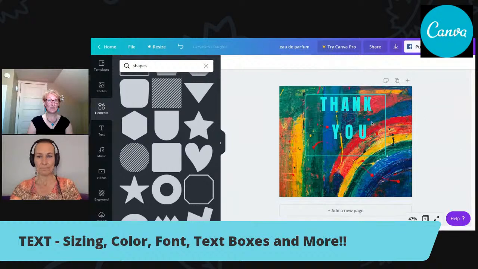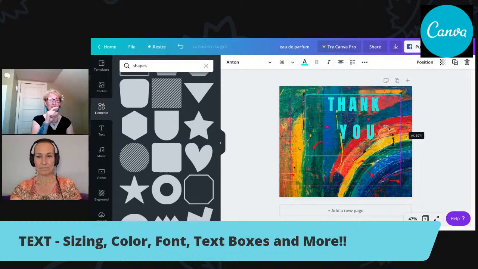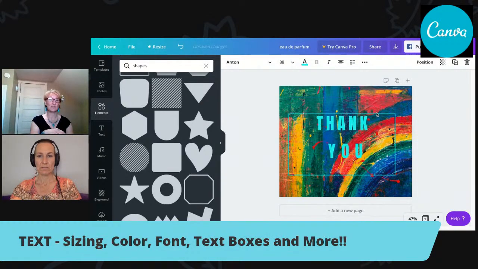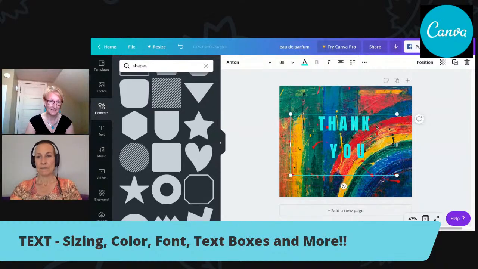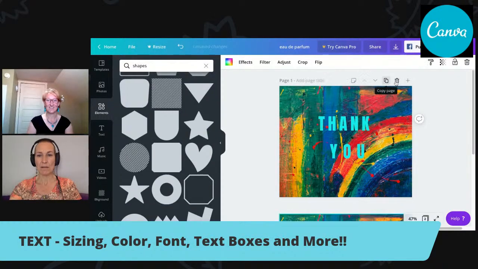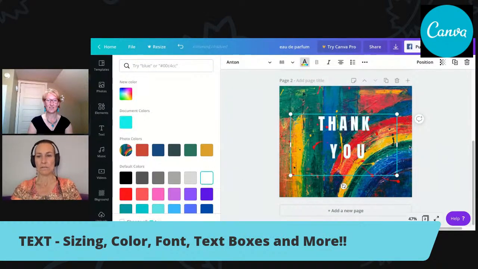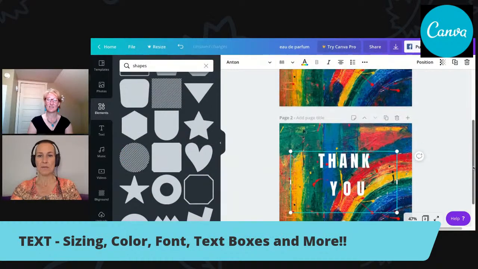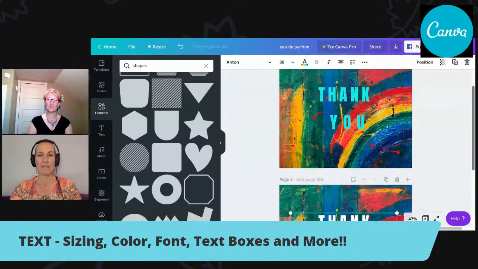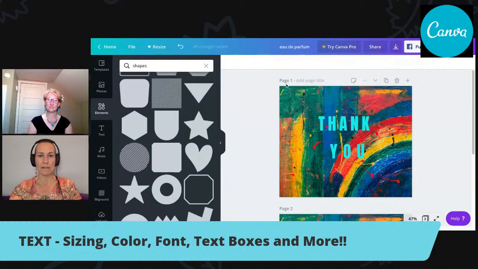Well, and the nice thing too is, do you want to just run through the download when you have multiple pages like that? Because it gives you the option to download both of them or to specifically choose one. So if you go, okay, well, great, now how do I get it? Okay, for sure. Let me go ahead and copy the page. And let's say this one, I'm going to choose even just a different font color. So let's say I've got these 2 options and 2 different fonts. If you look here, it says page 1, and this one is page 2. So when you go to download,